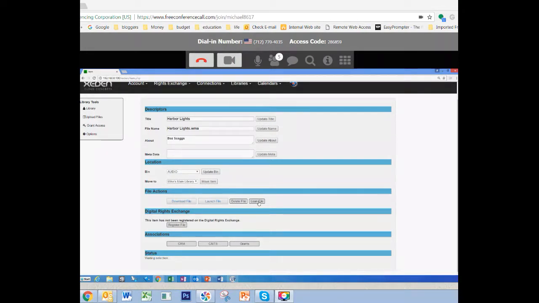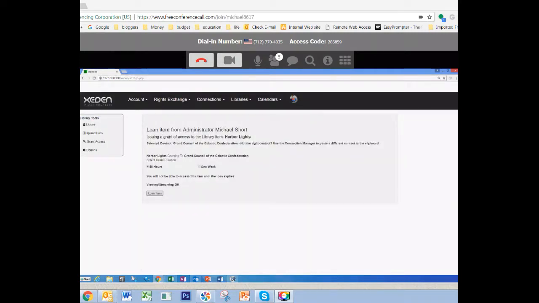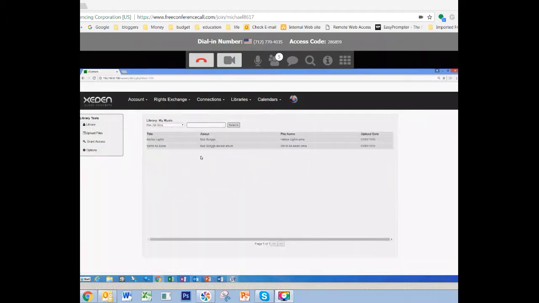And if I want to loan that file out, I'll click here, and notice the Grand Council of the Galactic Confederation. That is one of my contacts, and that's the one that I had clicked and made the star go blue. So right away, it's saying, do you want to lend this out? So I could, and if I did that, then it would gray out here, and I wouldn't be able to listen to it myself until it came back to me. And that's why I can determine the amount of time that I'm loaning it out for, a couple of days, a week,